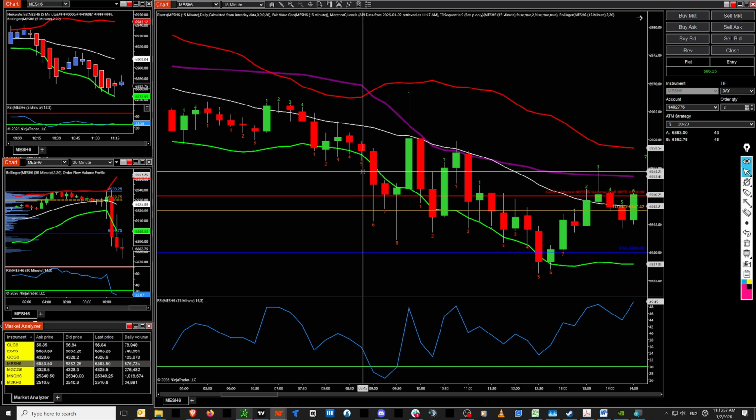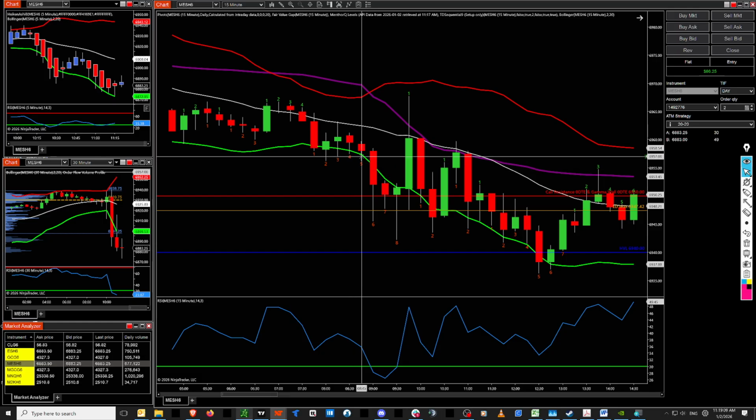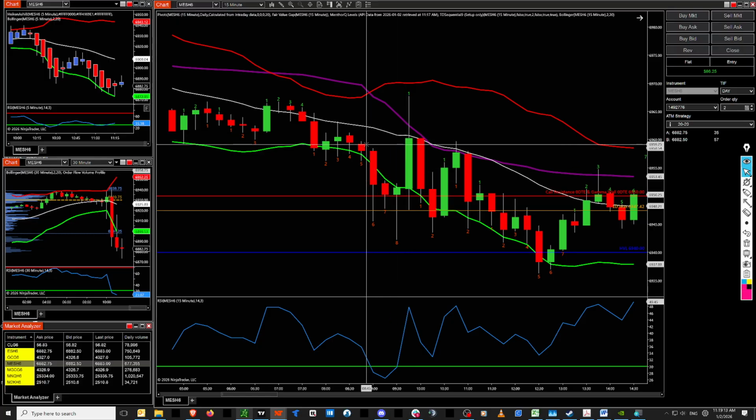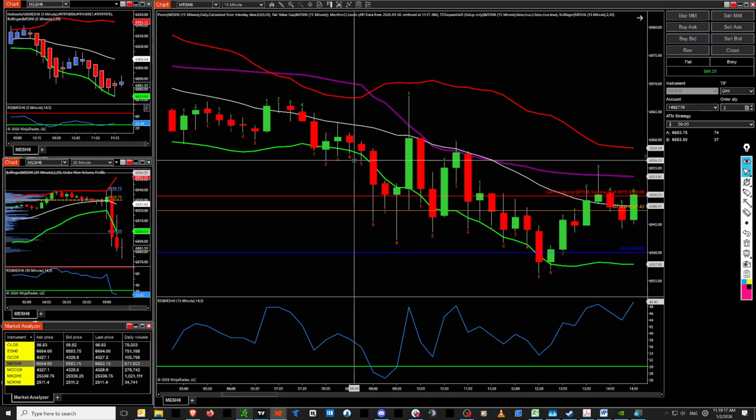So if CPI comes in and it shows that inflation is dropping, you would think that's bullish. And yet, you may see the institutions have a huge sell-off or maybe a huge gain. It doesn't really matter because they have already planned out their move before the news event was